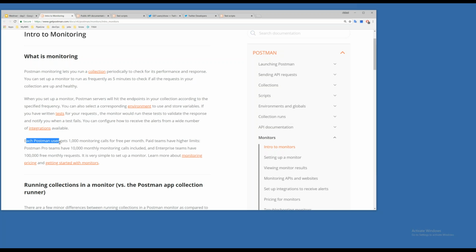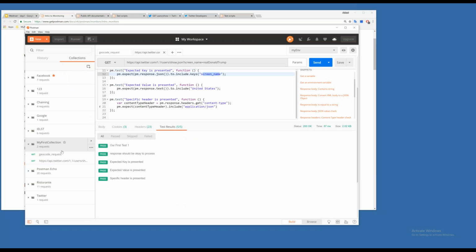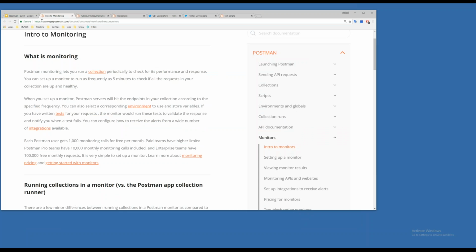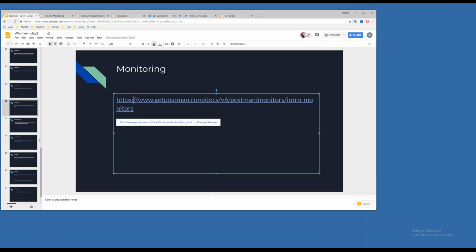So yeah, each Postman user gets 1,000 monitoring calls per month. So you can schedule something like one per hour or something, and the collection you created in Postman will execute the requests you created and the tests on a regular basis without any of your interaction. You don't have to launch an application or something. It will automatically do it for you and give you the results, which is pretty handy for commercial organizations